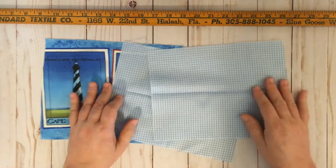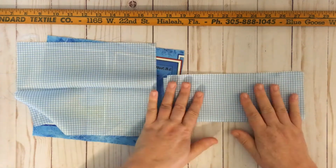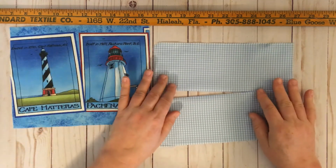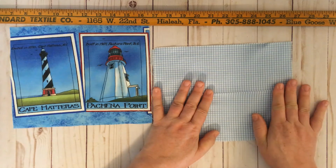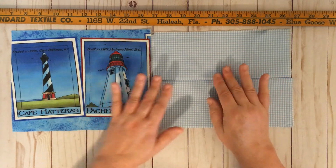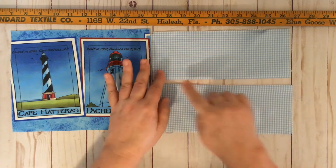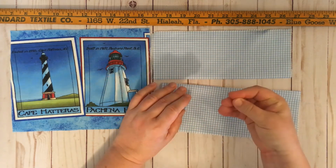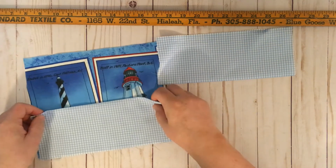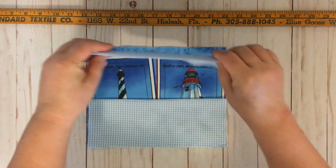But once you've cut these 10-inch by 8-inch pieces, what you do is on the 8-inch height side, you would fold it in half, and then if you like, you can press it with an iron. I made one before, but I didn't press it with the iron, and I think I like the idea of pressing it with the iron first. And then you can sew along here on the inside to help hold it kind of shut. And what you would end up doing is putting it on the front side, not the back, like this,